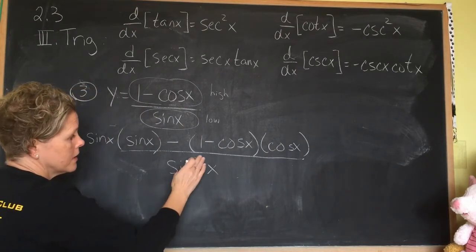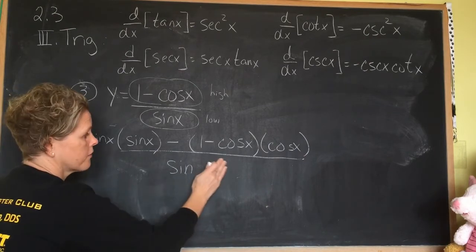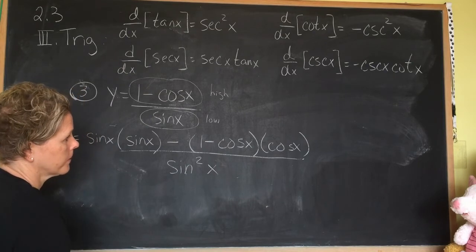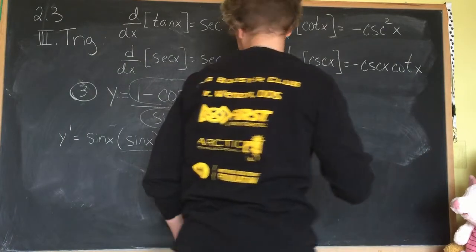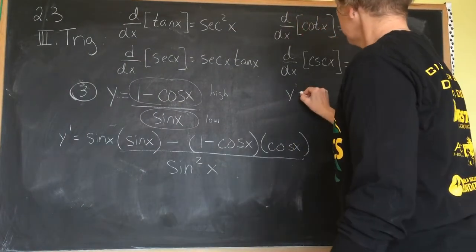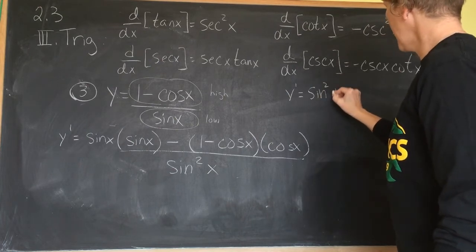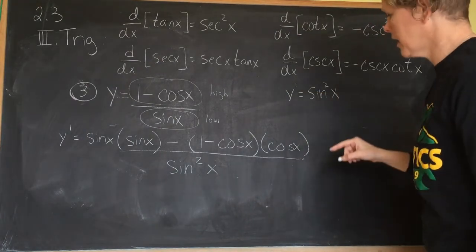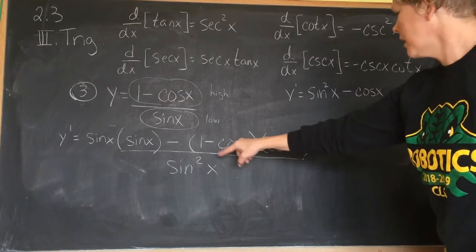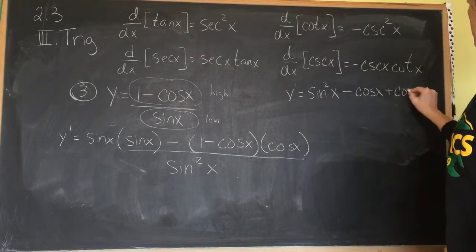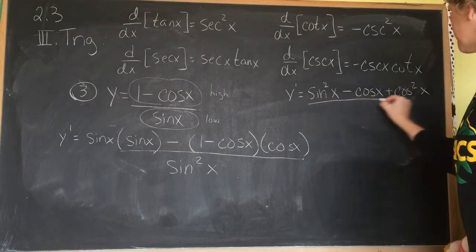On the bottom, notice that I didn't do this because that would mean the x is squared and we want the trig function squared. So just make sure you put the squared there. All right, I'm going to clean this up and I'm going to write it over here. Sine times sine, again, it's sine squared x, not sine x squared, so pay attention to that. Distribute here, I get a minus cosine of x. And then I'm going to get a plus, and again, it's cosine squared x, not cosine x squared. All over